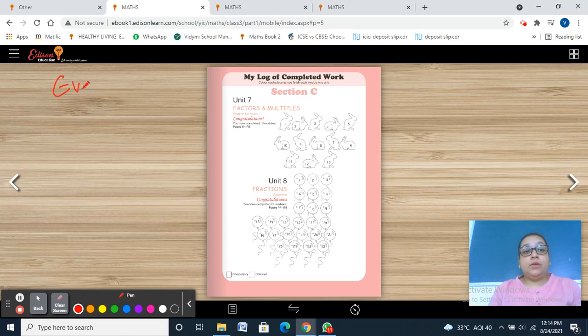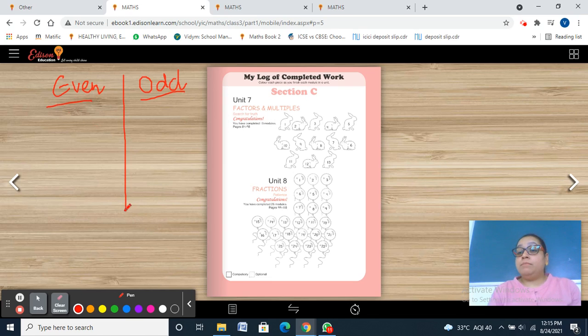You can see the spelling of even is E-V-E-N, and odd, O-double-D. So today we are going to learn about the two types of numbers, that is even number and odd number. You know the number line, you know the number system. Out of that number line and number system, we divide the numbers into two categories, odd number and even number. So how are you going to find out which number is an odd number, which number is an even number?